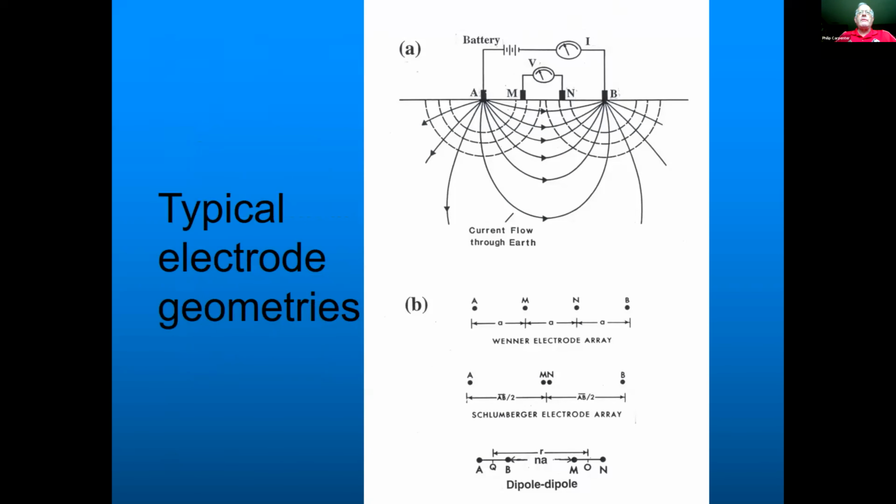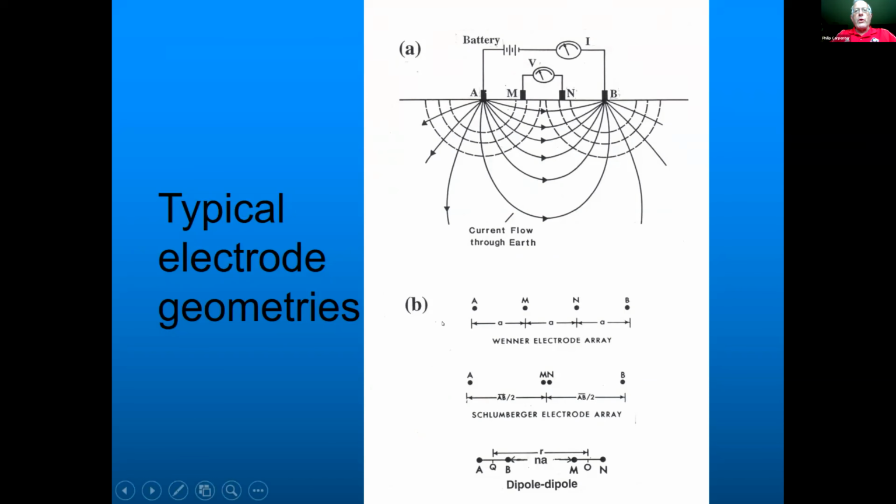And again, this is typical electrode geometry. So A and B are the positive and negative electrodes. M and N are the potential electrodes. So the current goes from A to B. A is the positive, B is the negative electrode. There are 3 basic types of